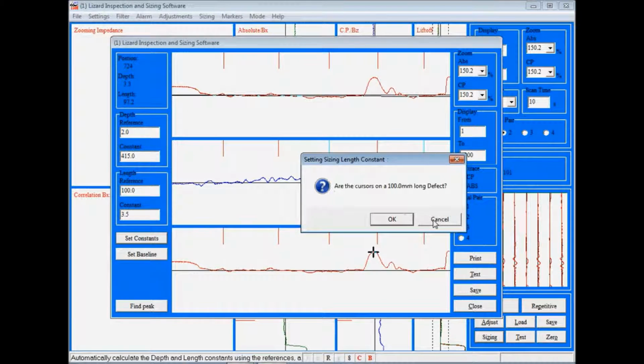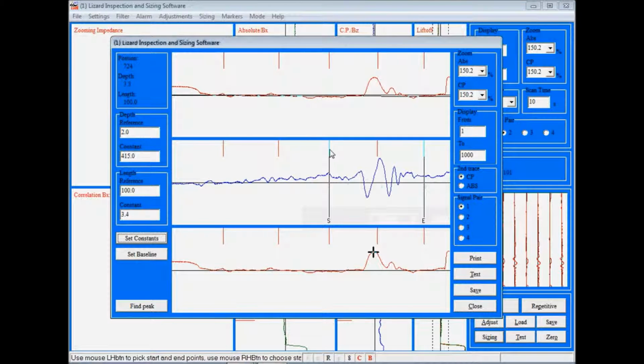Now it asks me, are the cursors on a 100mm long defect? Well, yes they are, because 0, 50, 100. If those marker distances were different, we would just go in and change the length reference. So instead of that being 100mm apart, if, for example, we needed it to be here, we would first place the marker,